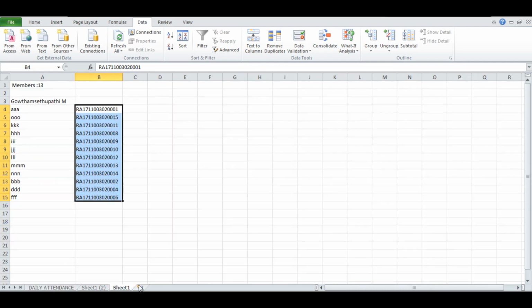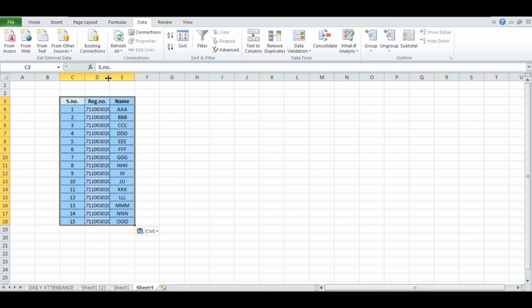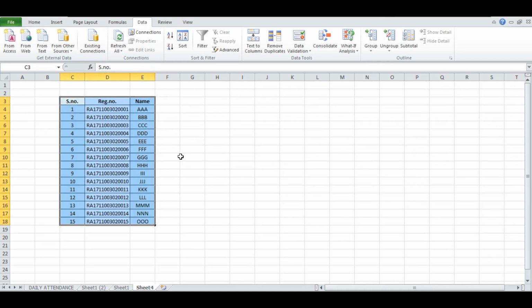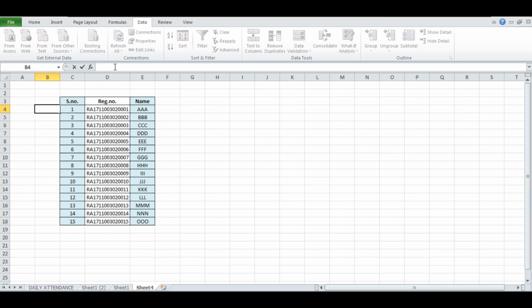Now, going to a new sheet. So this list you will be having like students serial number, register number, name. So leave 2 columns before that. So here we are going to apply a formula, right? So what is the formula? So we have to match